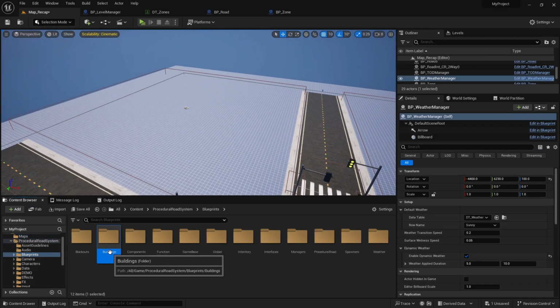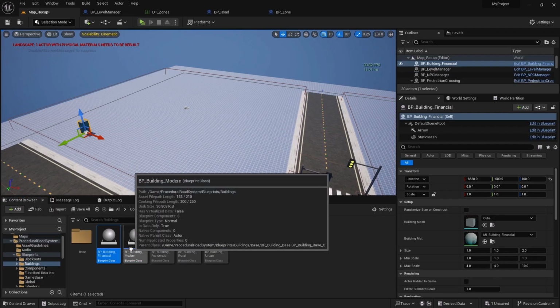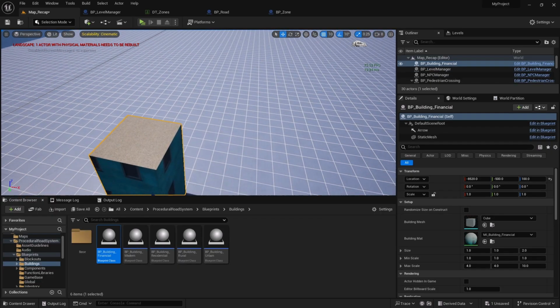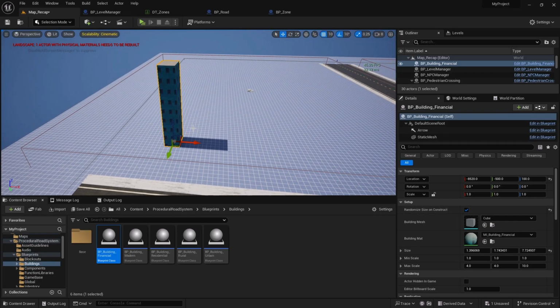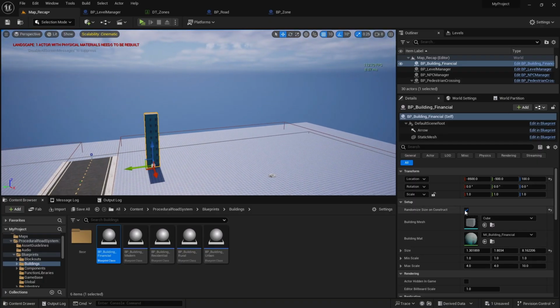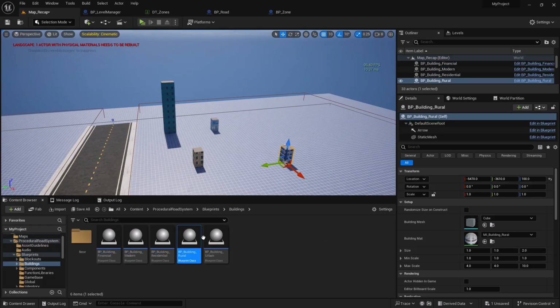So at the blueprints, if you check out the buildings, here I have added 4 different buildings, so you can place them accordingly on the level. This is sort of like a financial building, and you can randomize it. Simply click on this randomize size zone construct. Whenever you change its orientation, it will make a dynamic change. So likewise, let's place some buildings here and there,